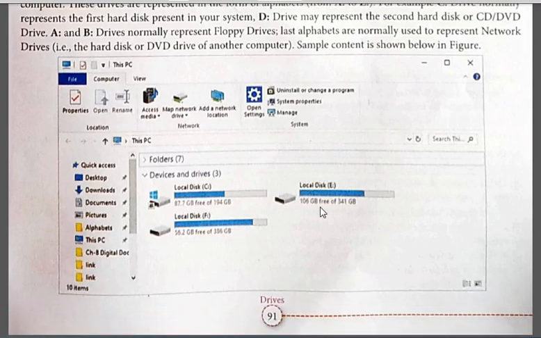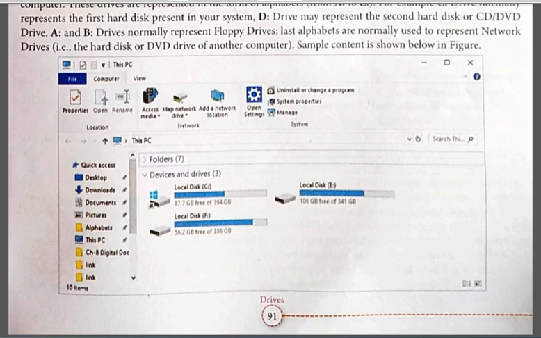Here you can see C, E and F drive. C drive represents the first hard disk in your computer system, and the others are second hard disk space.